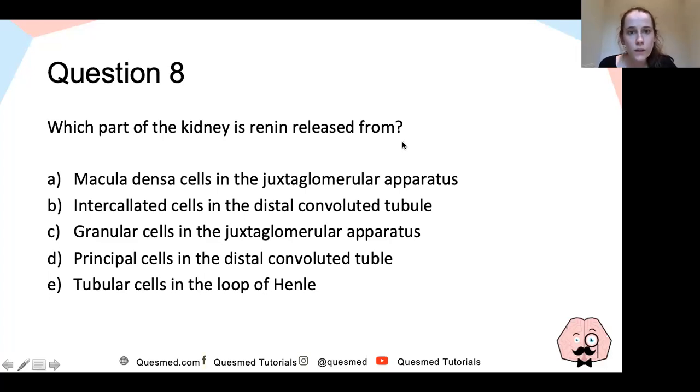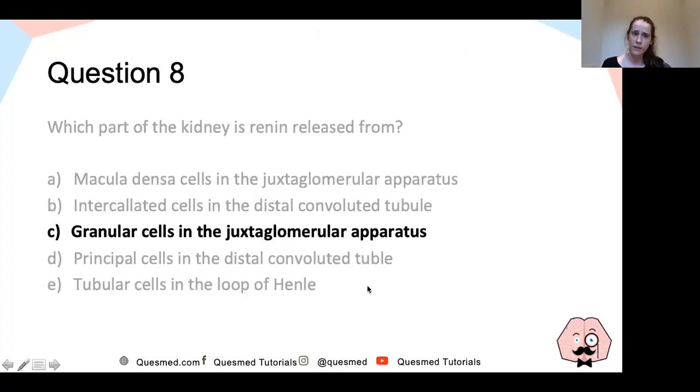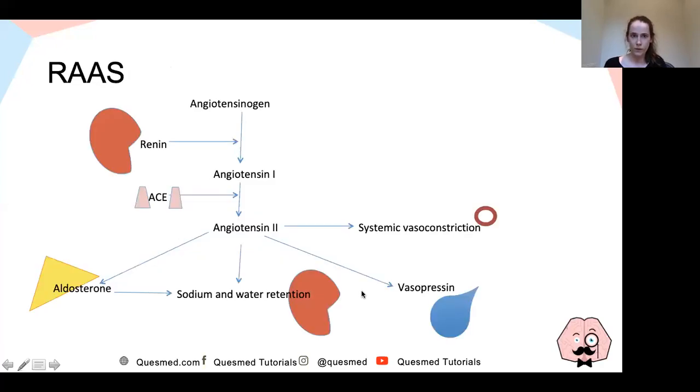Okay, so a lot of us are thinking A, macula densa cells, and C, granular cells in the juxtaglomerular apparatus. So we're in agreement that it's the juxtaglomerular apparatus, but we're just not sure which part. So the correct answer is granular cells in the juxtaglomerular apparatus. Okay. So here we have the renin-angiotensin-aldosterone system again. Essentially,